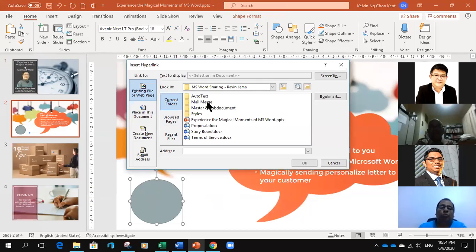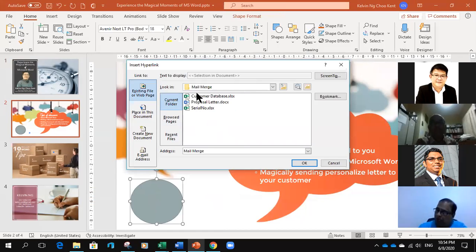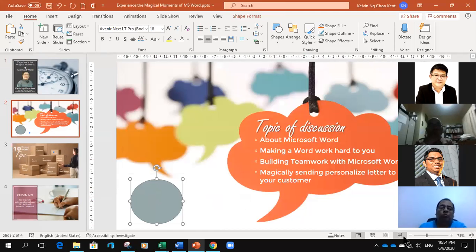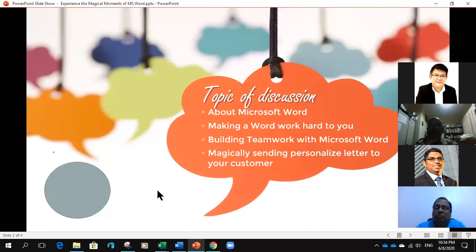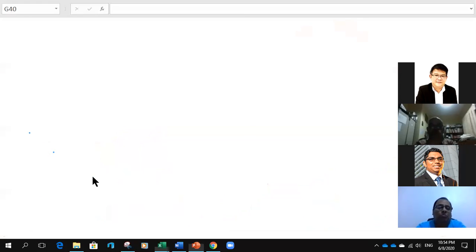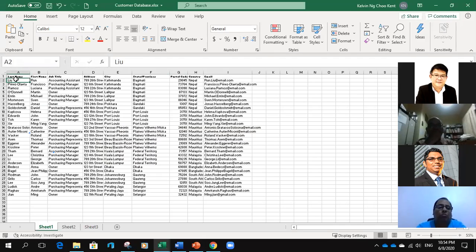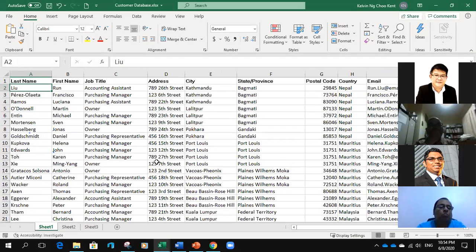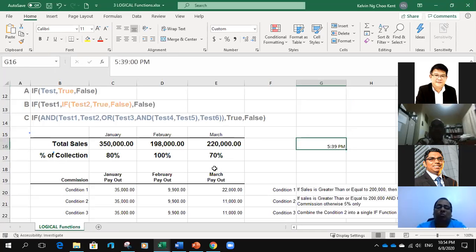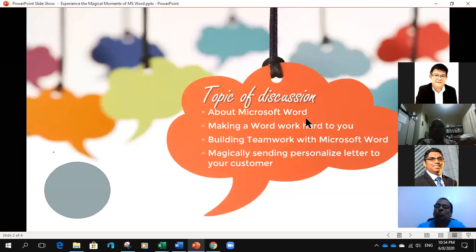So let's say I click on this mail merge, there is a Microsoft Excel document. Right, so I want to share with everyone my customer list. So I click here, and it opens up the Excel. This is my customer list. Then you can show people who the customers are. Okay. Once you are done, you just close it. Right, just close it. These are your documents and so on.